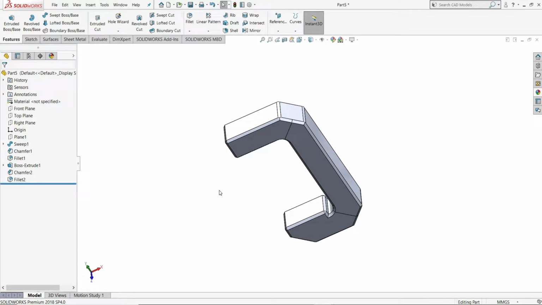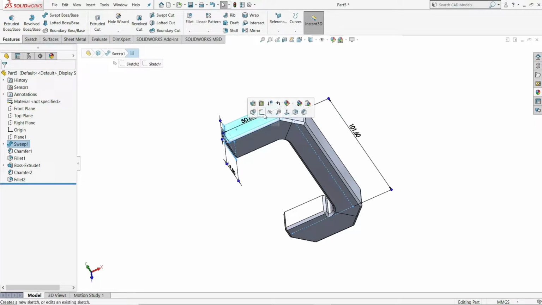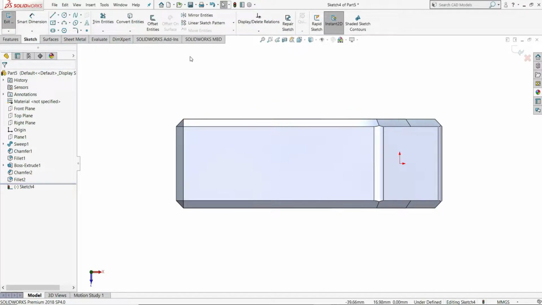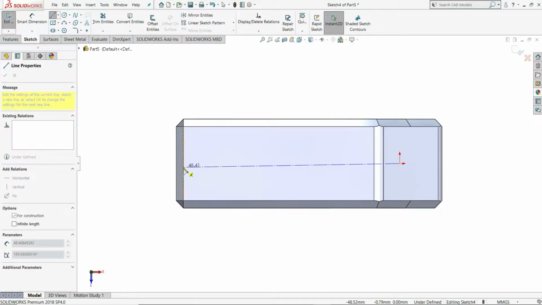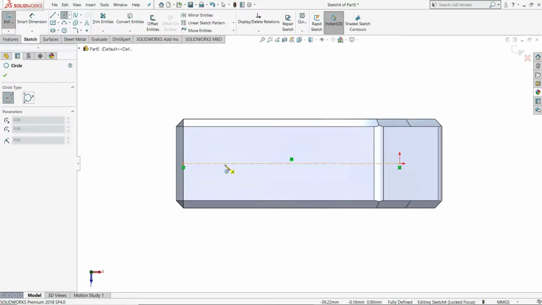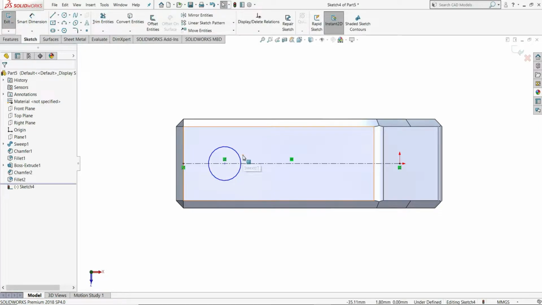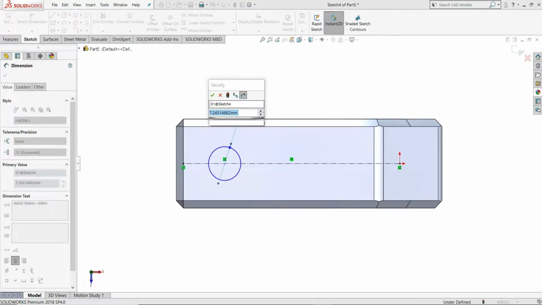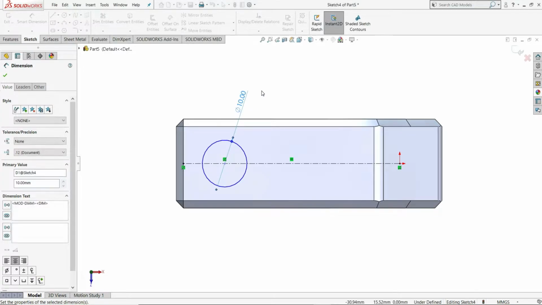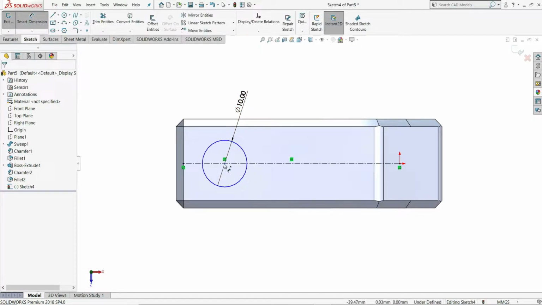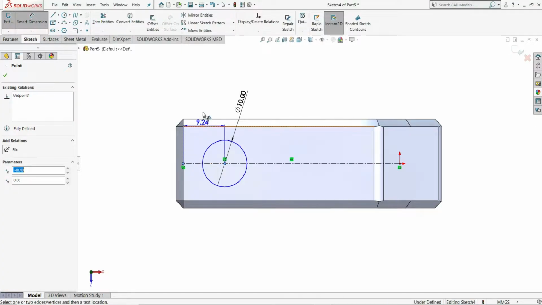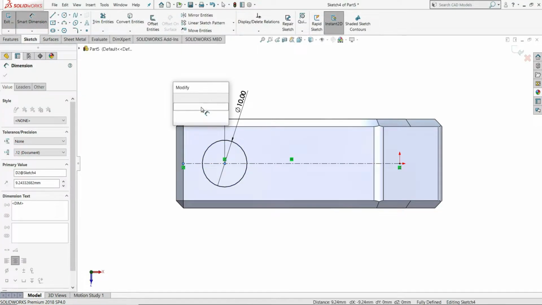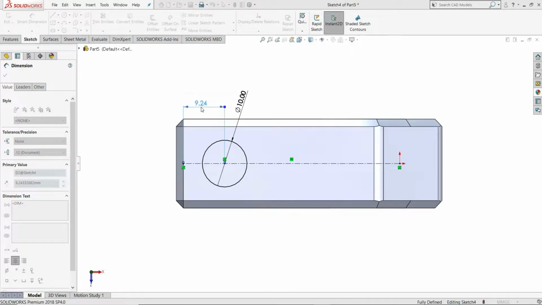Now we have to make here one hole. For that I'll select this face, sketch. Here let's select a center line from the origin to this point. Okay, let's draw one circle in this line. Okay, now select smart dimension, 10 mm diameter, enter. Smart dimension, and from this point to this point distance we have to give 9.50 mm. Okay,